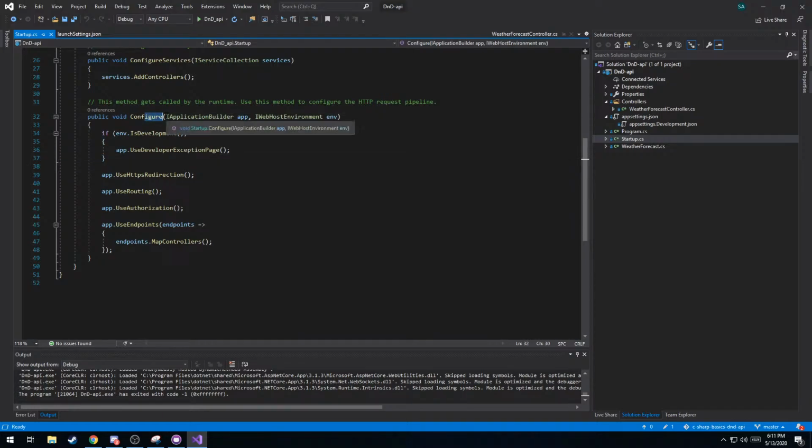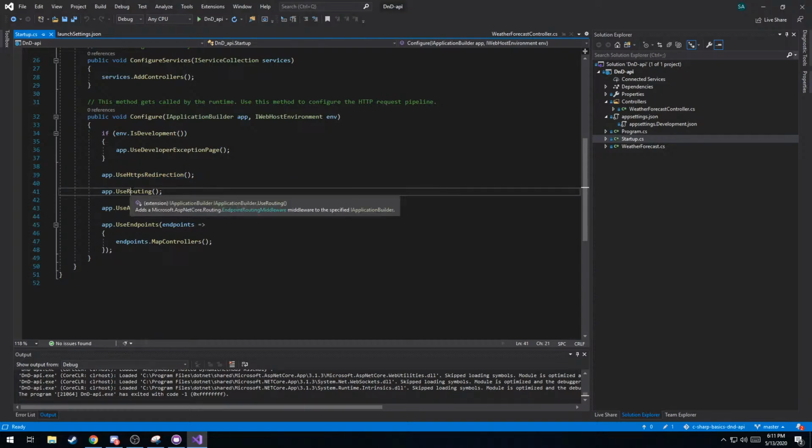So by default, the way the application was created, if we're in development, we're going to use their exception page. We're going to use HTTPS redirection, right? So if you try and send an HTTP request, it'll automatically say, hey, no, you should really be using HTTPS so that your requests are encrypted. We're going to be using routing, right? So this adds middleware, which is basically